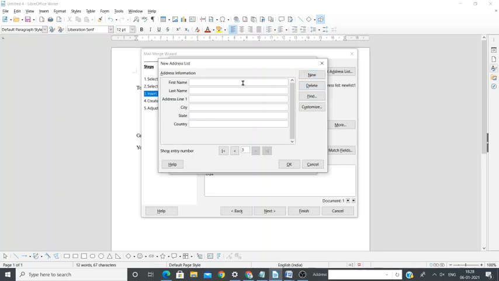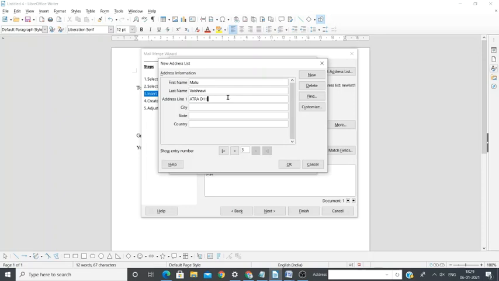So first name Malu, last name Vaishnavi, address line ATRA T11 Totem, okay. Then sorry, let me write a different one.